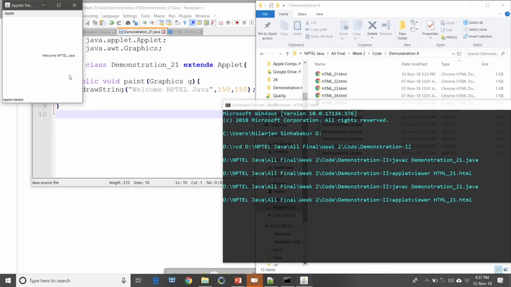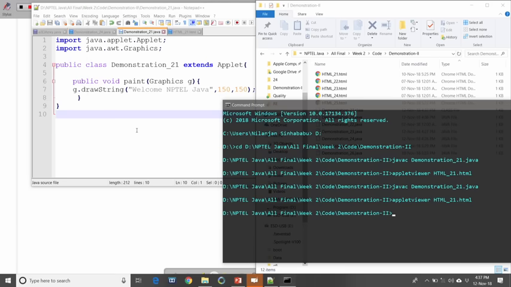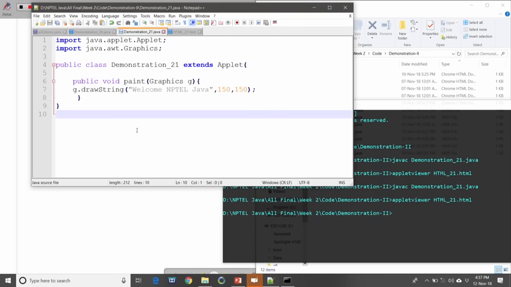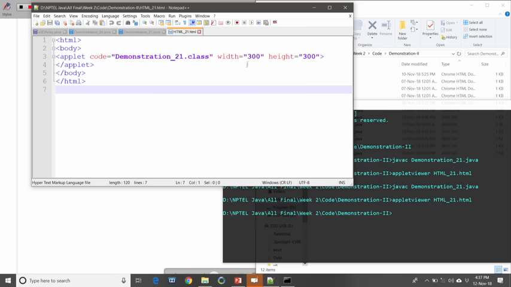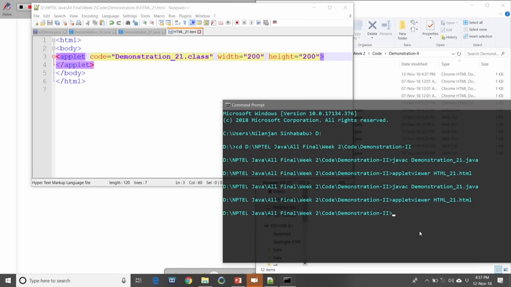Now, let us see if we change the applet code a little bit. Let us go to the HTML file that we have created for this applet, yes, and then instead of 300 we just give 200 cross 200, okay, and then save it. So, here we need not compile it again because there is no change. HTML file does not require any compilation. So, simply browse this HTML file using appletviewer,